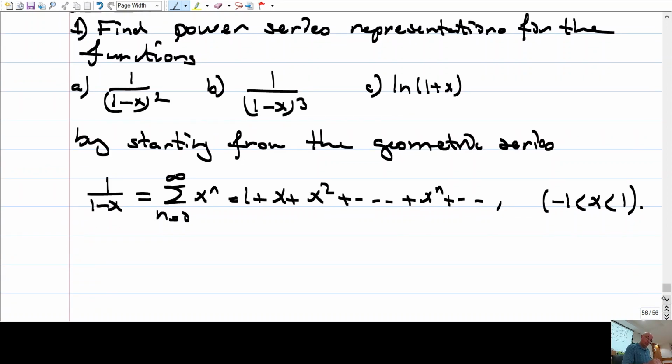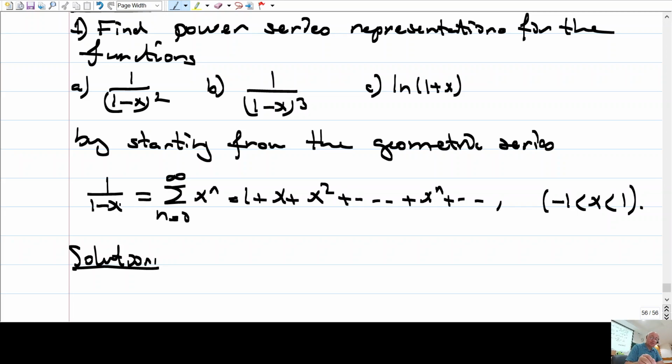Geometric series, this is convergent only for x between minus 1 and 1. Okay, now how can we do this solution? So what is the question? Question is start from this and obtain power series representations for these functions. Well, this one, 1 over 1 minus x squared,